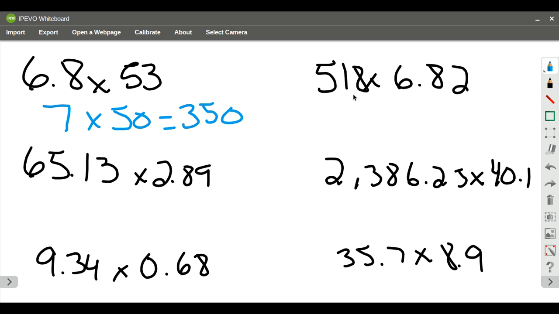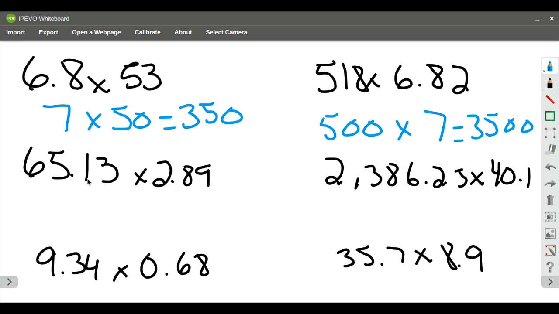Next one I have 518 times 6.82. So I'm going to round it to the nearest whole number. It's really nice with decimals, especially small decimals, to just round them to the nearest whole number and then find a value that I want to change this number to. So I don't want to multiply 518 times 7. I don't know what that is. I want to do 520 times 7. I want estimations to be really, really quick and easy. And so on here, I just have to add 2 zeros to my answer of 5 times 7. Okay,